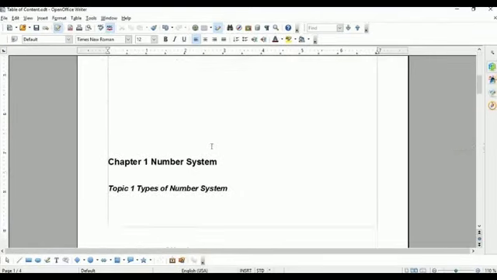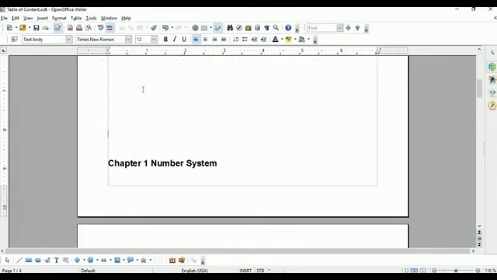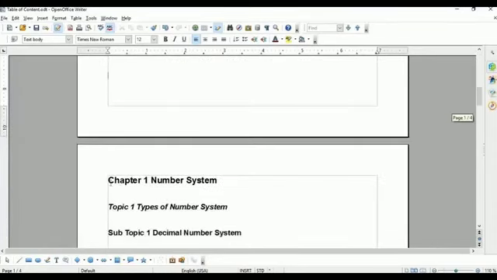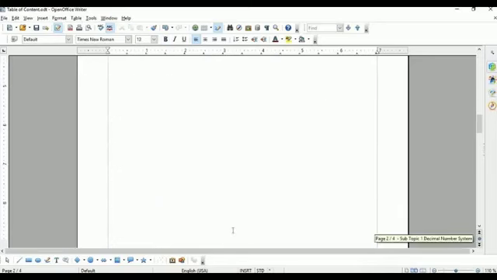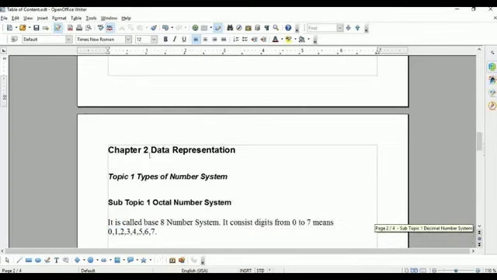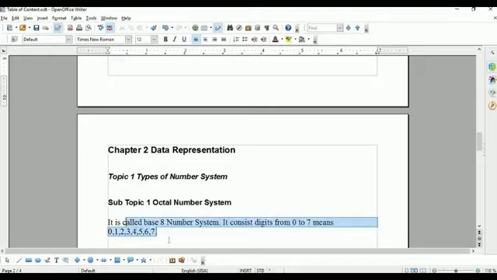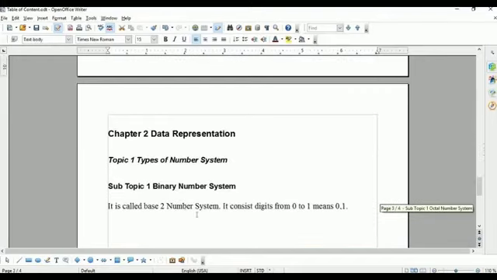I have created 3 pages like this. First is the main heading, then subheading, then subheading, like chapter name, then topic name, then subtopic name. Means there are 3 levels, and it's a matter. Only 2 lines I have written here. Similarly, in the next page I have written main heading, subheading, and then its subheading like this. Clear? Then definition. Similarly, third page. Here I want to create table of content.